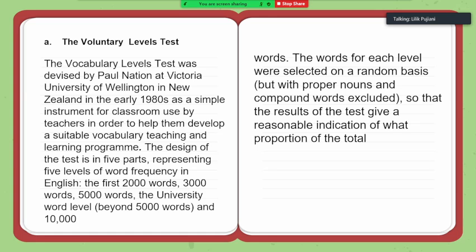The first is 2000 word, 3000 word, 5000 word, the university word level beyond 5000 word, and 10,000 word. The words for each level were selected on a random basis, but with the proper nouns and compound words included, so that the result of the test gave a reasonable indication of what proportions of the total words are known. Next,